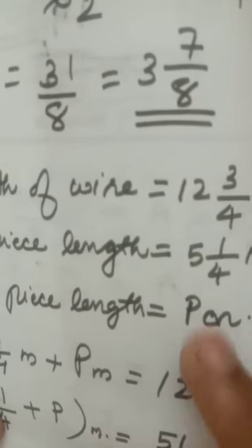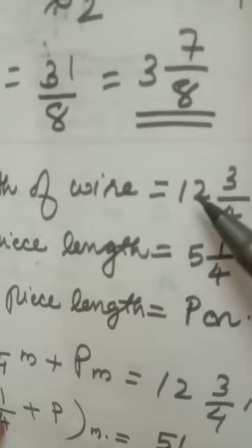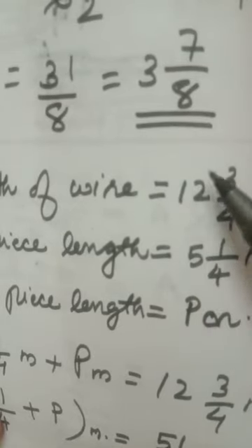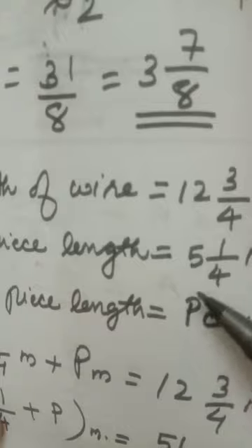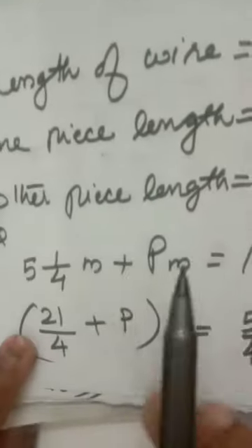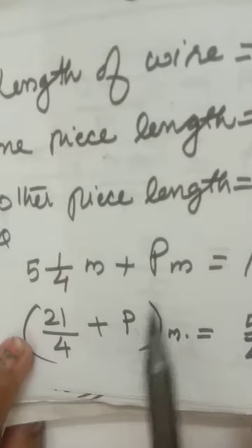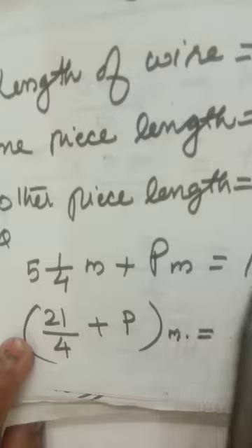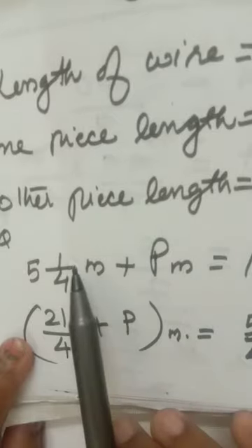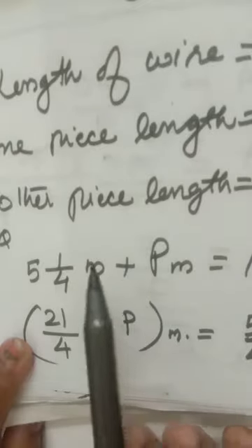Okay. Then when you add these cut pieces, you get the total length. Am I right? This wire is only cut into two pieces. When you add these two pieces, you will get the full length. Then P you want, so this number will be moved to that side. Addition number will go to subtraction.